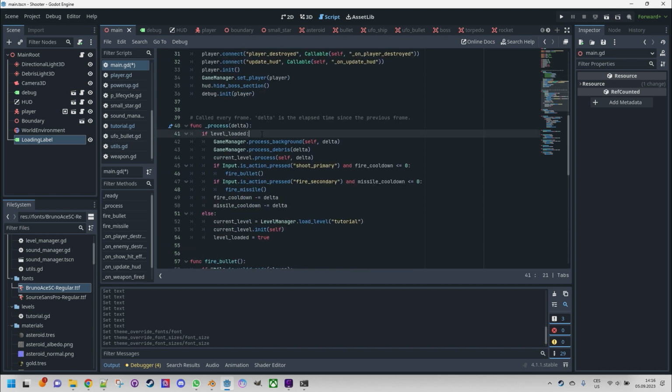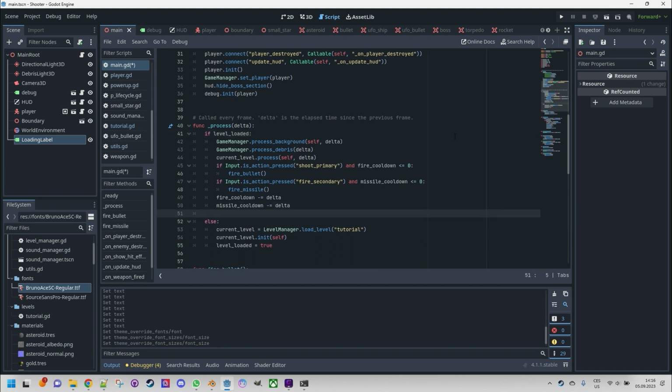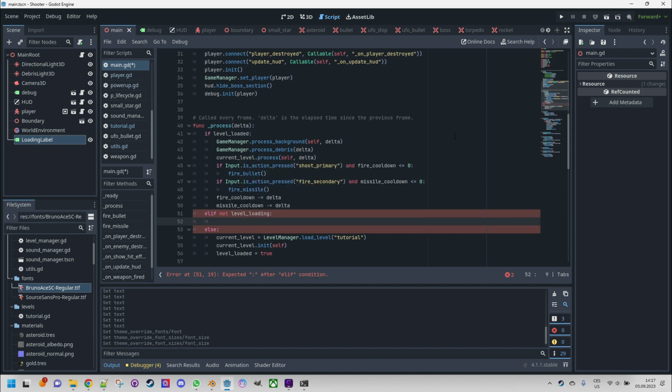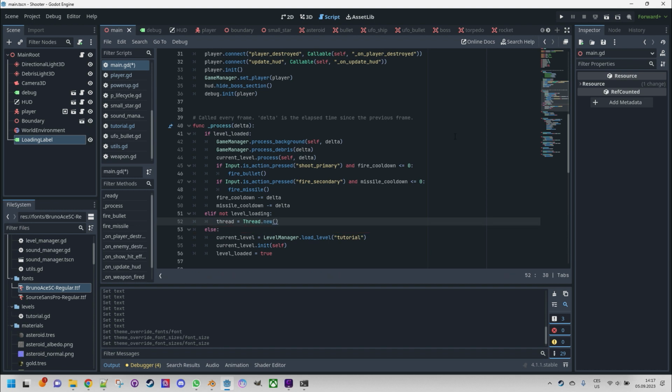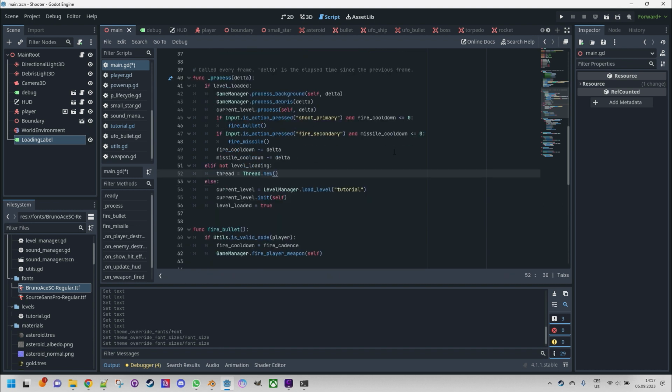Now in the function process we have this level loaded, which is correct. This is just how the game is being played, no changes here, but we need another branch, elif not level loading. Let's create a thread. Is thread new. Okay, and we will start it